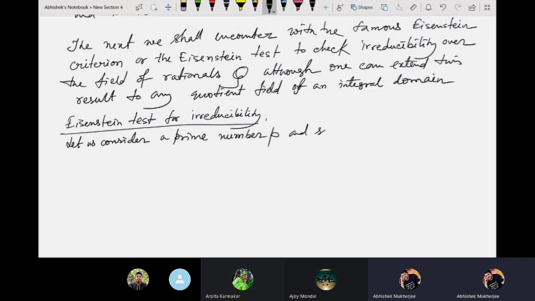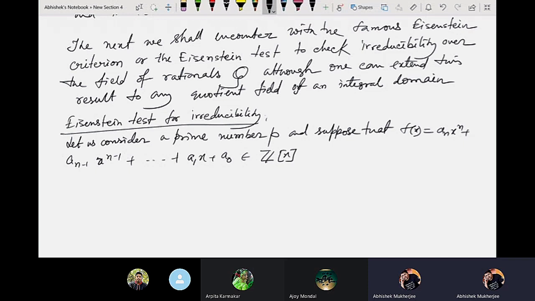And suppose that f(x) equals a_n x to the power n plus a_{n-1} x to the power n minus 1 and so on, plus a_1 x plus a_0 belongs to Z[x]. That is, it is a polynomial over the domain of integers